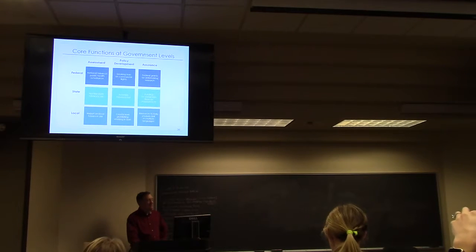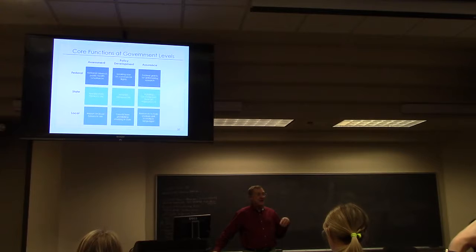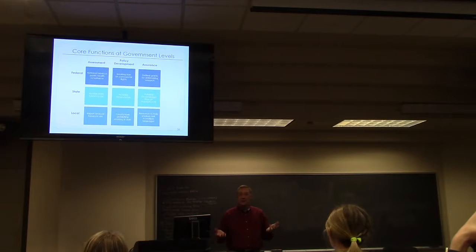On a state level, the assessment might move down to monitoring state tobacco use. Oklahoma does it. I think every state does it. Policy development: increased tobacco tax. That's been a big thing in Oklahoma right now. The state budget did not balance this year, and it's been a mess ever since, because they were going to raise the price on cigarettes by like $1.50 a pack or something like that. And they passed it, but the state court system said it was against the law the way they had done it. So they pulled it back, and when they pulled it back, that left this multi-million-dollar gap in the budget. And they are still trying to figure out how to make that work even right now.